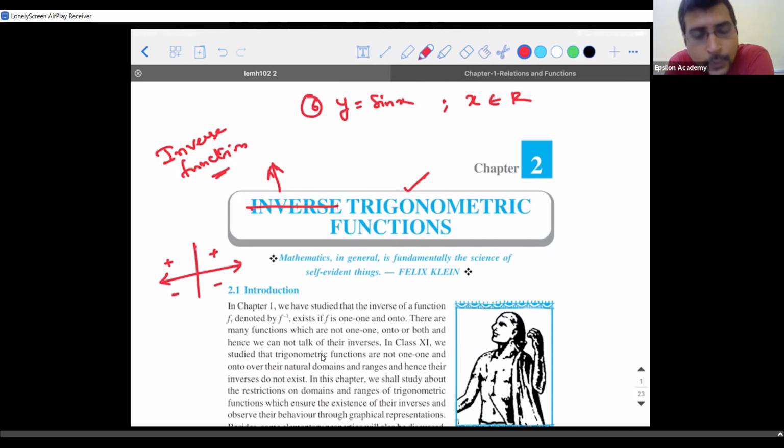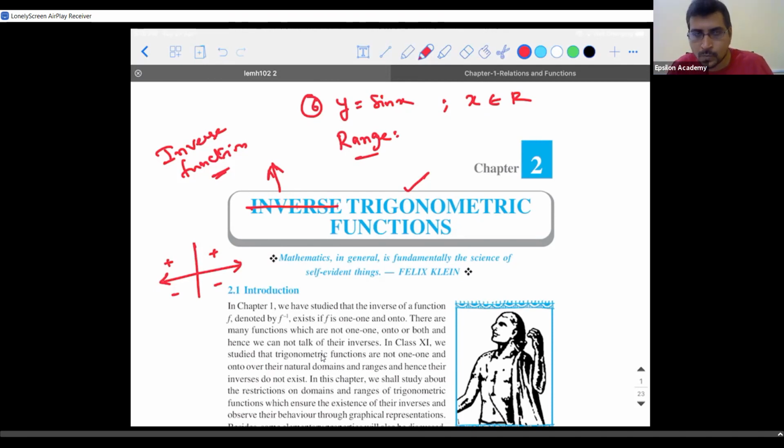Now the question is, what is the range of sin x? What do I mean by range? I keep giving different values of x to sin, and I get different values of y, based on which I can plot a graph. Correct? I can plot a graph. So when I plot that graph on the graph sheet, what is the maximum y value I can find? What is the minimum y value I can find with respect to sin x?